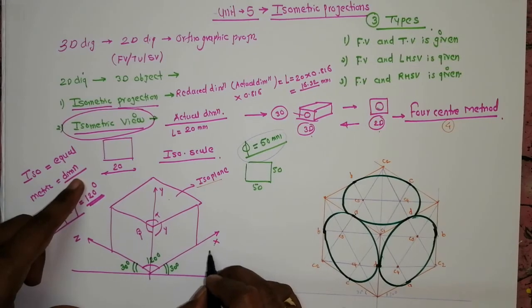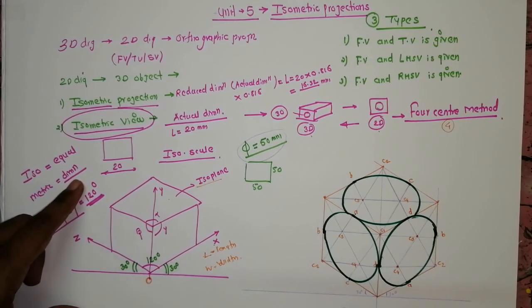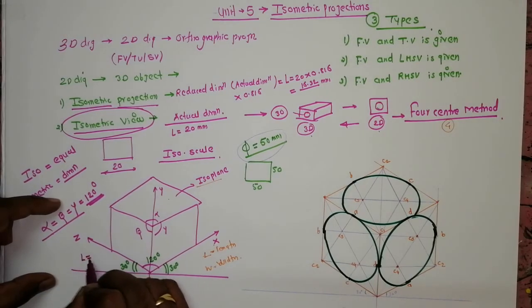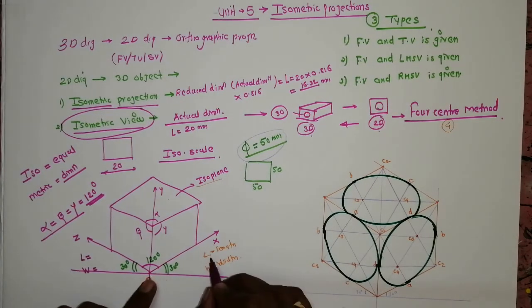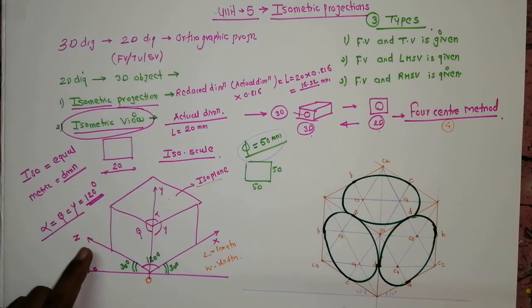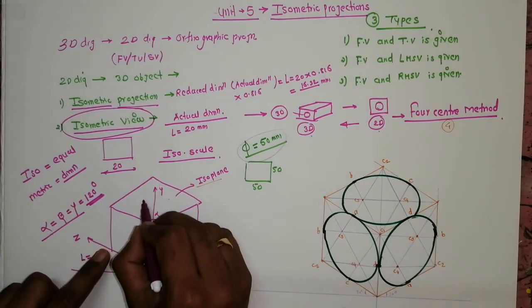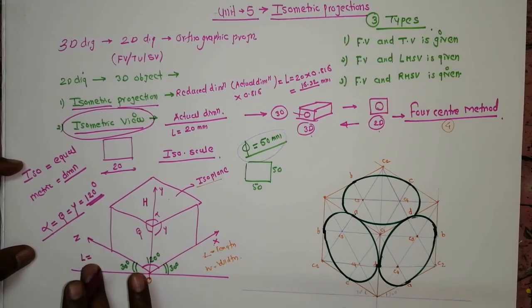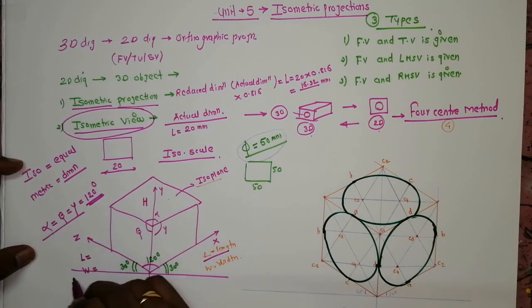On x we can take length or width, depending on the origin. This is our origin. On the z axis also we can take length or width. So if you take length here, then width comes here. So these two axes take length and width. The vertical axis always takes the height. Here only on x and z we can interchange the length. So if length is here, here it is width. If length is here, then here it is width, likewise.